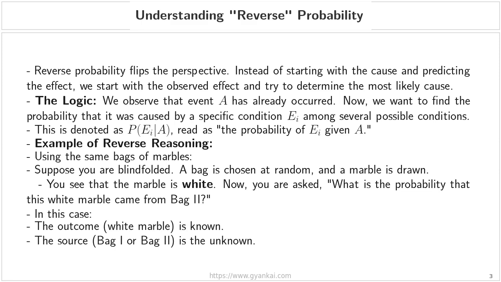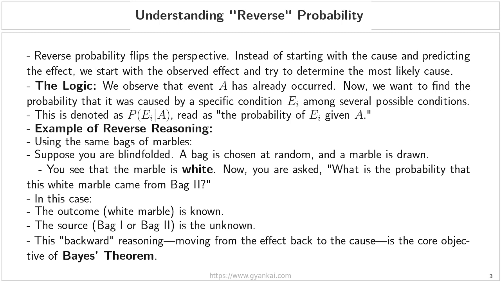Notice the difference. In this scenario, the outcome, the white marble, is known, but the source, whether it was bag 1 or bag 2, is the unknown we are trying to solve for. This specific type of backward reasoning, where we move from an observed effect back to its potential cause, is exactly what the core objective of Bayes' theorem is all about. We will be using this theorem to solve these types of problems in our upcoming